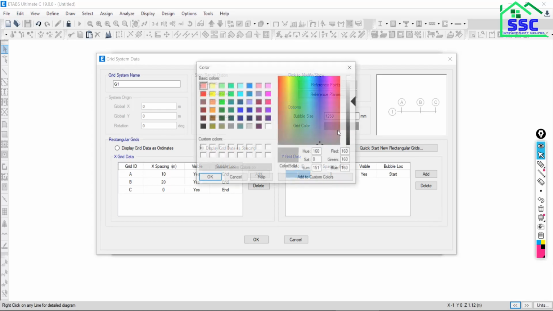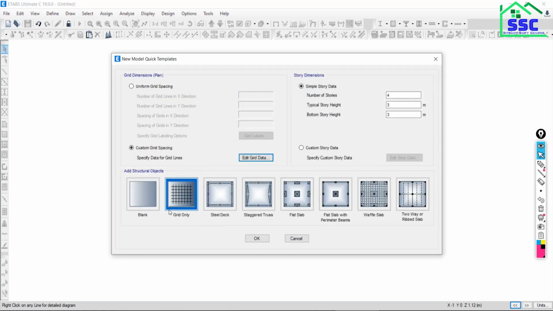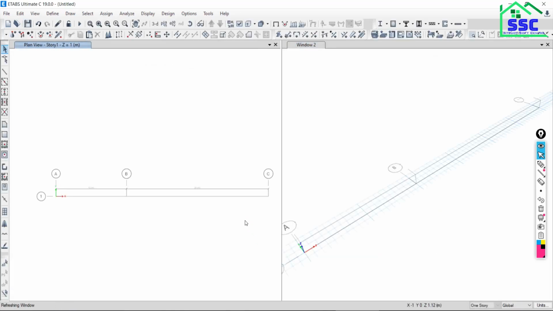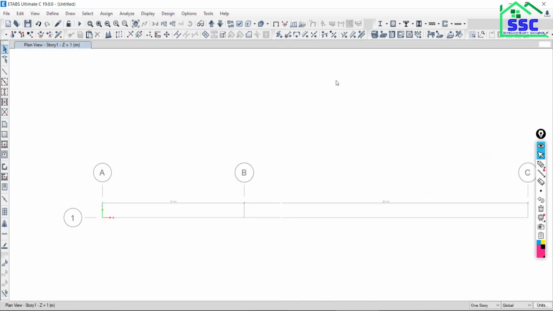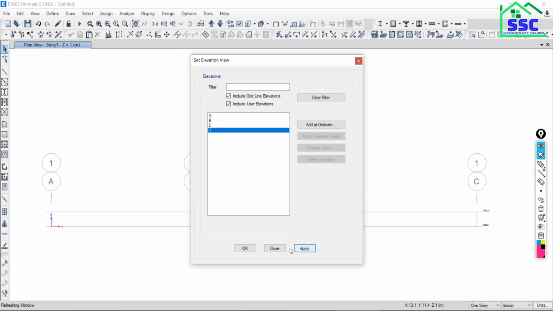So this is done. Take some dark color, say okay. Now say okay, and levels I want only one, put all as 1. Now take the grids, say okay. Once you click OK, just close the 3D view and go to elevation along the grid first, say apply.